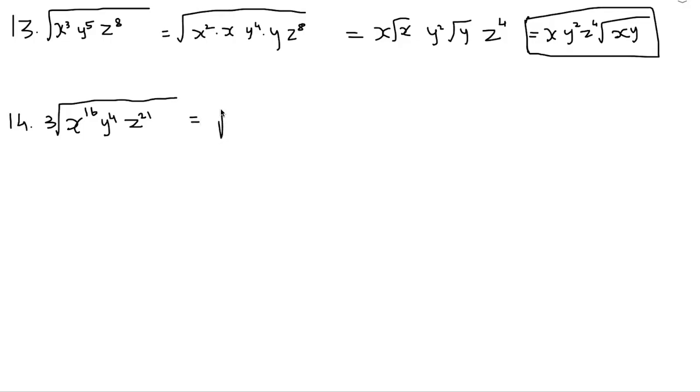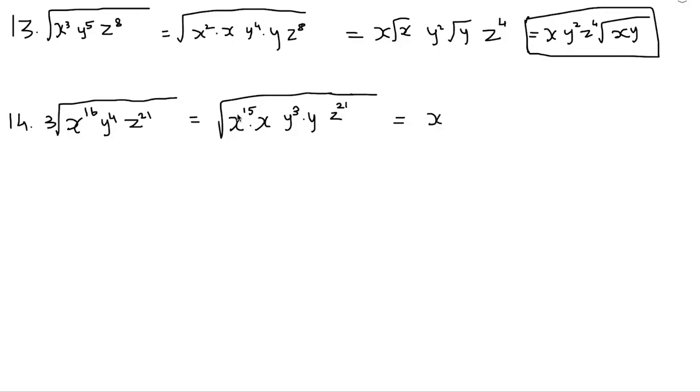Now I can rewrite this as x to the power 15 multiplied by x, because 15 plus 1 equals 16, and y I can rewrite as y cube times y, and z I don't have to rewrite because 21 is a multiple of 3, so I don't have to rewrite this one. So the next step is